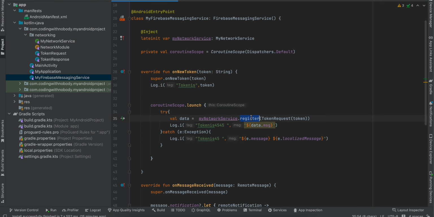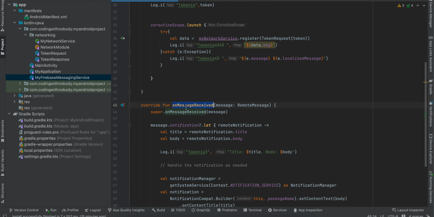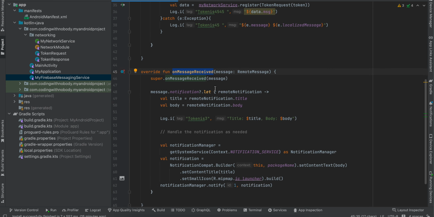Okay, so I'm sending the token to my backend server, and this onMessageReceived is only called when your app is in the foreground and a push notification has been sent from your server. So if the app is in the foreground and a push notification has been sent, then you will have to handle how to display that notification. So that's why I am getting this remote notification, from message.notification I'm getting the title as well as the body,